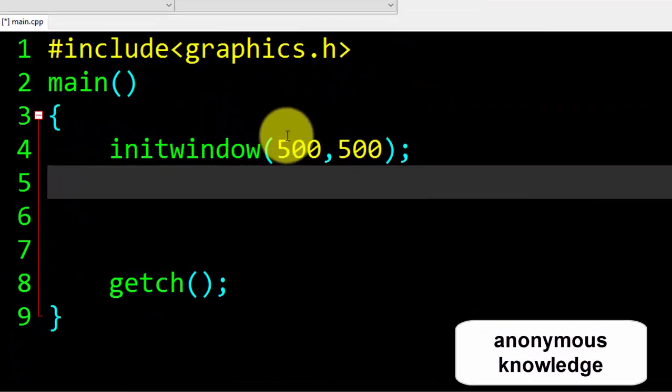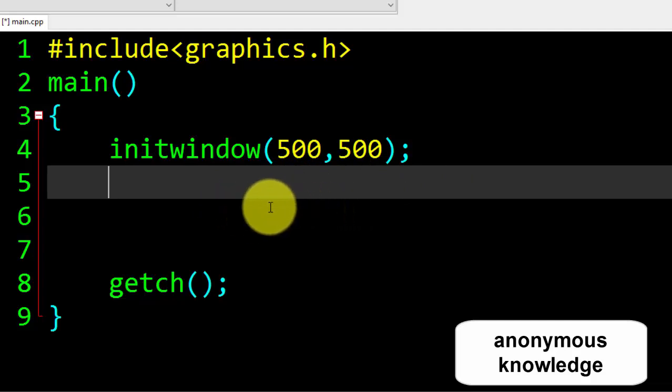As I told you in this C++ graphics playlist, if you want to draw any kind of shape in your Dev C++ project or program, you have to download something called C++ graphics from the internet. After downloading, you have to paste some files from your download into your Dev C++ where you have installed it. After that you can draw shapes and fill color.